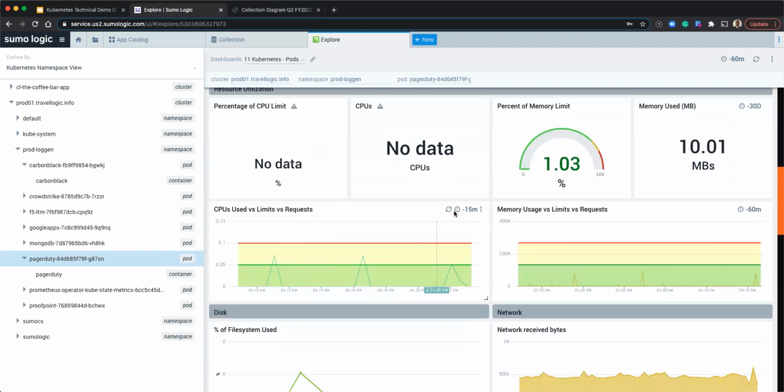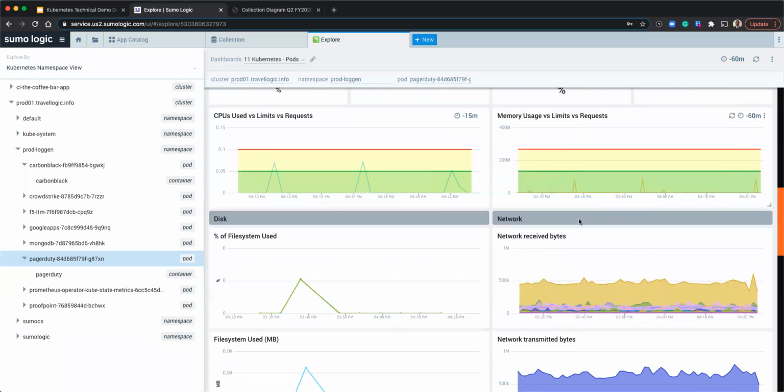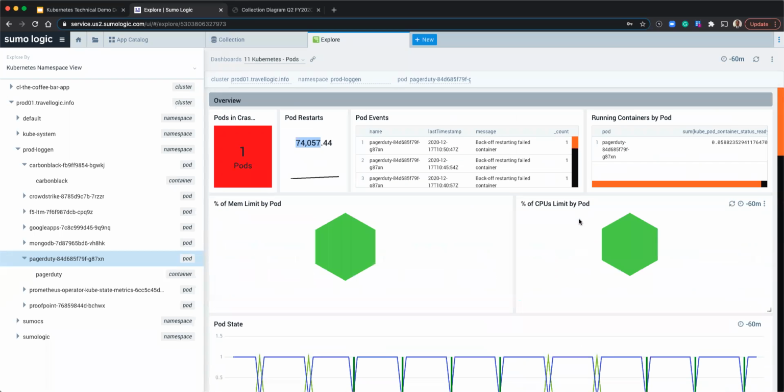And I take a closer look at the metrics. The CPU seems to be okay. The memory usage seems to be well within limits. I don't see any issues over here at all. So this is the place where we can get onto the logs and see why this particular pod is facing issues. Now, from here, if I want to get to the logs, all I need to do